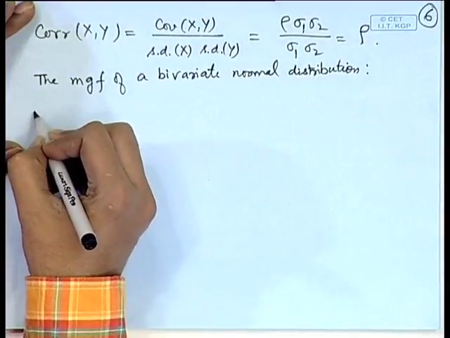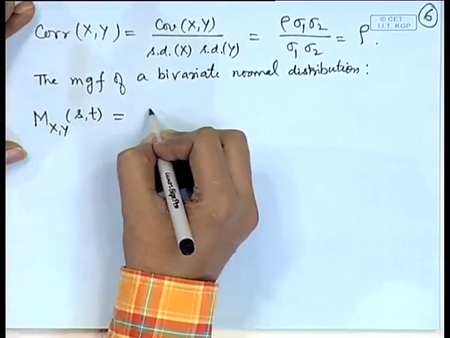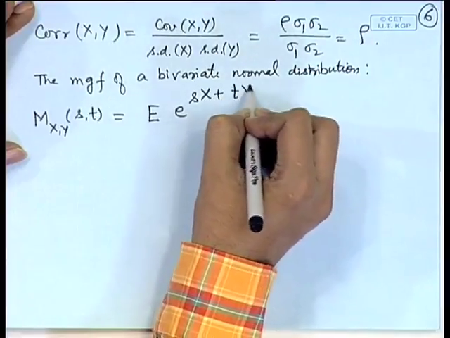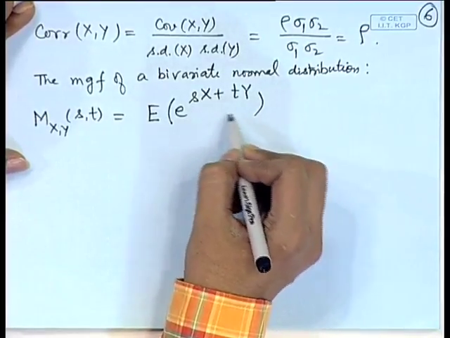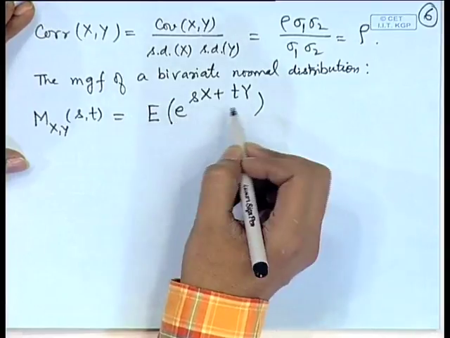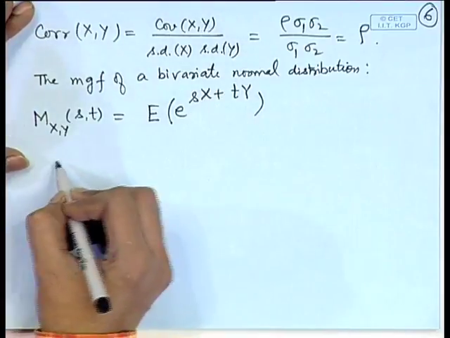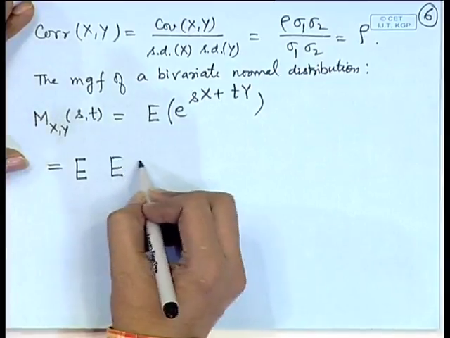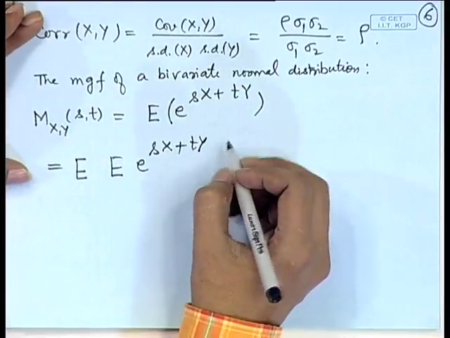So, it is defined as M of x y at s, t, that is equal to the expectation of e to the power s x plus t y. Now, again you can see that this is some function g of x y. So, the joint expectation we can calculate easily in terms of conditional and marginal expectations. So, we will use that, we can write it as expectation of expectation of e to the power s x plus t y given, say,